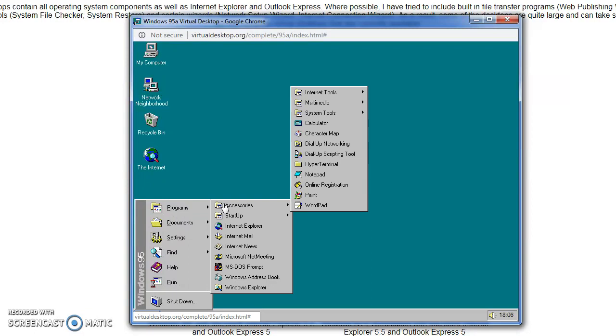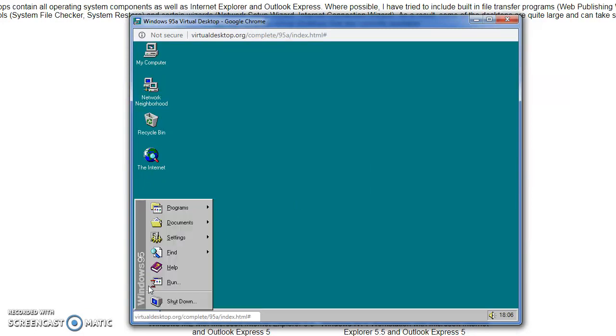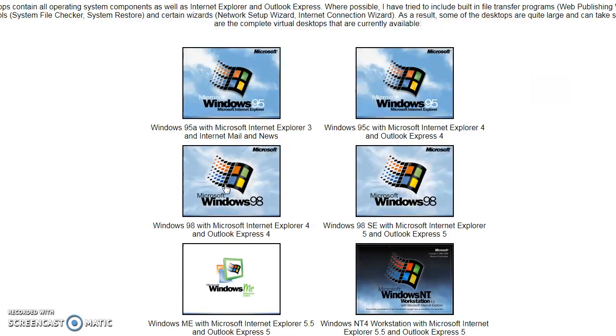We'll see if we can get to anything else here. None of that would work, so nothing in Documents. Some stuff in Settings, Taskbar. We'll just get rid of that. Find files or folders, Computer, People, Help, and Run. And then we'll shut down our thing, and it completely exits. So we'll try